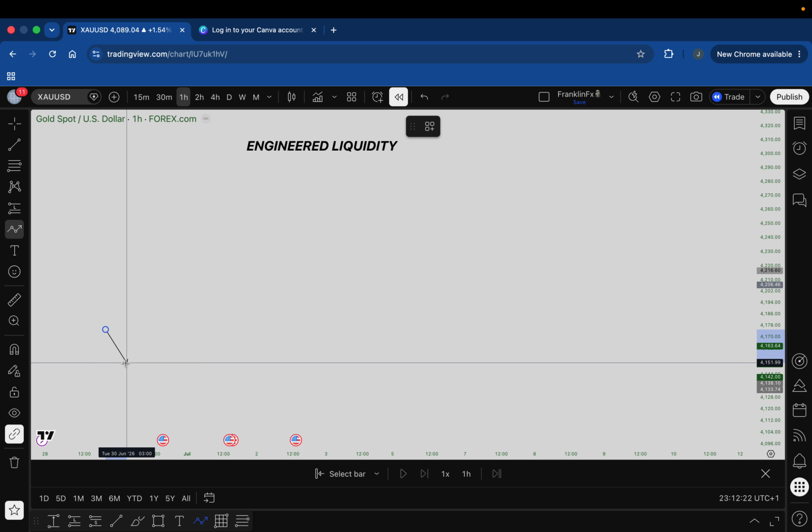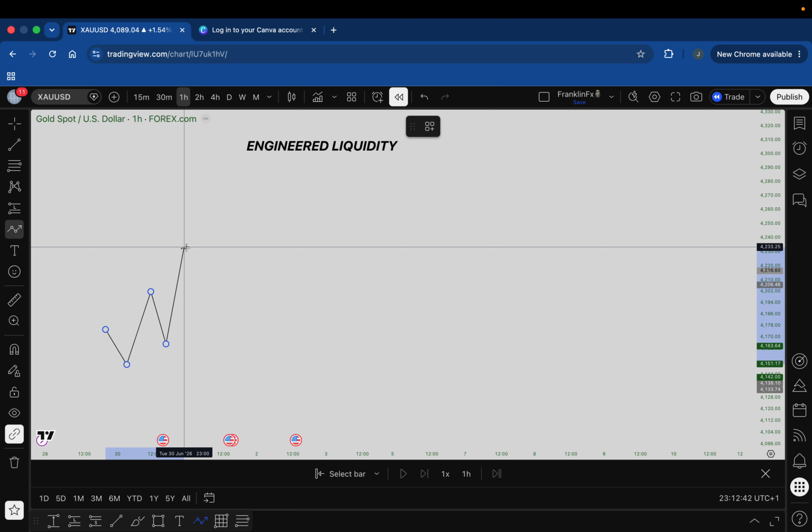market cannot function without liquidity. Let's say we are in an uptrend. We go like this, we have a break of structure, we have a new higher high, then we get a retracement, a pullback. Probably there's a POI here. We tap the POI, we have a new higher low, back up. Are you with me? Back up to have a new higher high and a break of structure here.